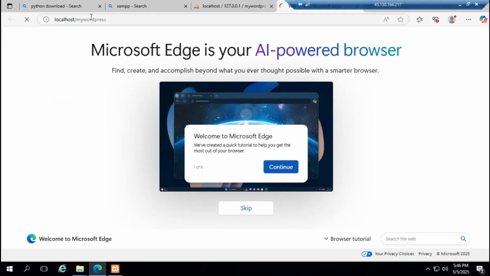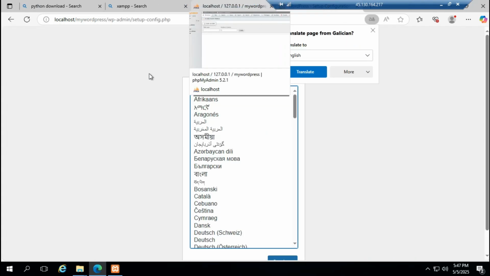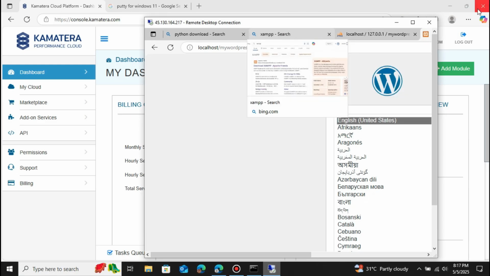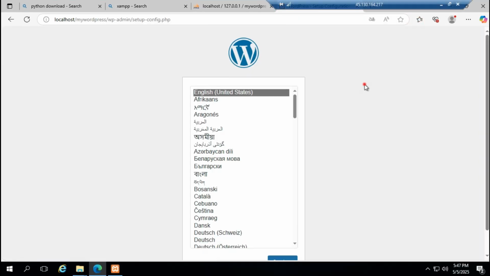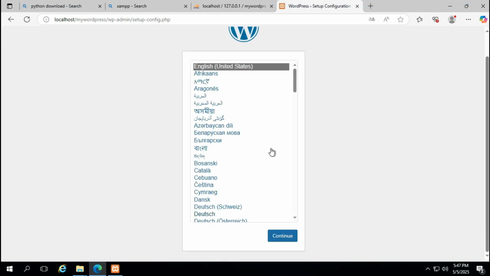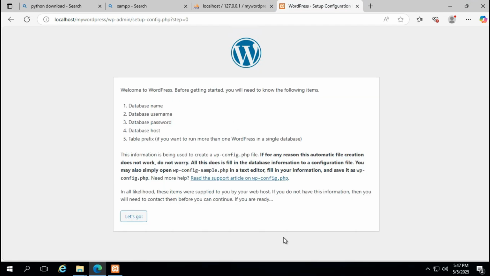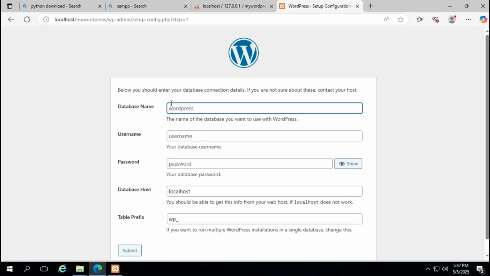This will go to the WordPress installation page. By default, it will ask you to select the language now. It is selected as English as default, and I'm gonna leave that as default. Okay, so just click on continue now and consider welcome to WordPress. Before getting started, you have to set up the database. So just click on this let's go, and for the database name, so just give the database that you